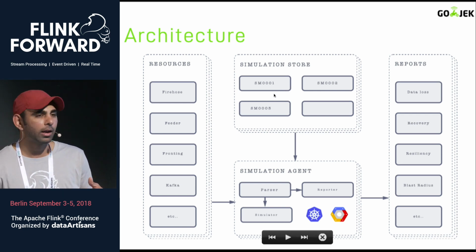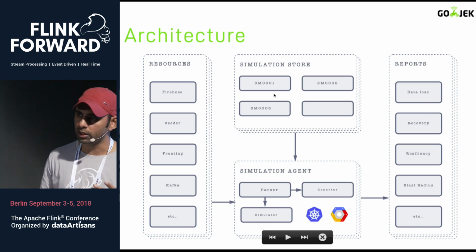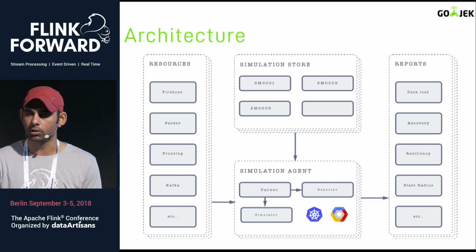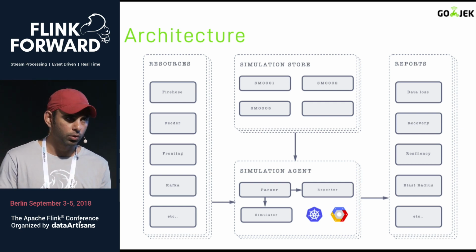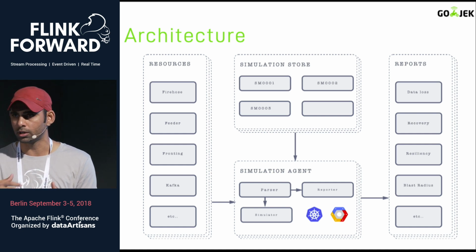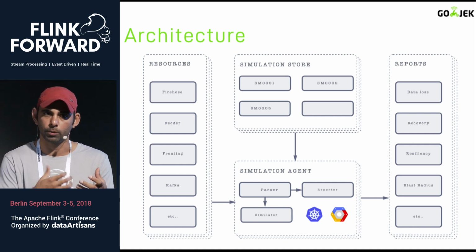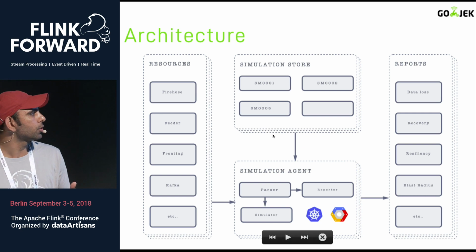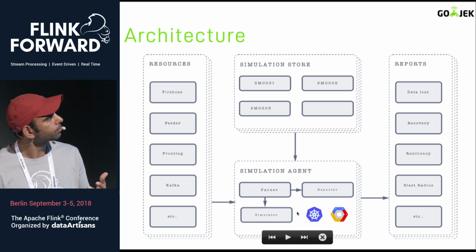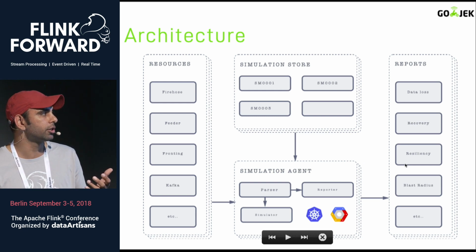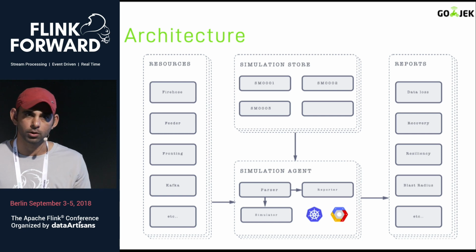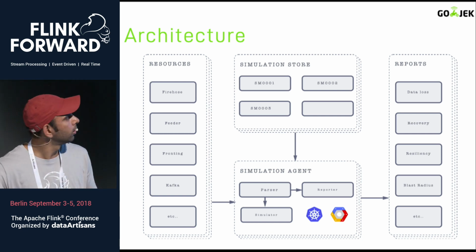For a simulation, there is a JSON configuration a developer has to write, where they can specify how many consumers they want to run, how much data ingestion they want to run, and how many brokers, Yarn cluster nodes, or worker nodes they want to bring down. Then this goes to the simulation agent, which takes care of parsing and reports. At the end, it generates a report on the blast radius of the jobs: how many jobs got lost, how much data got lost, and everything.